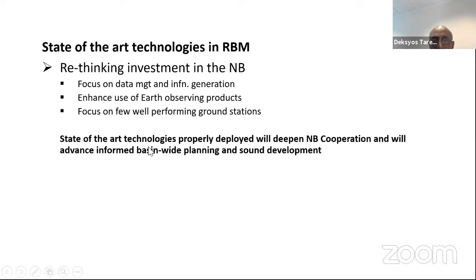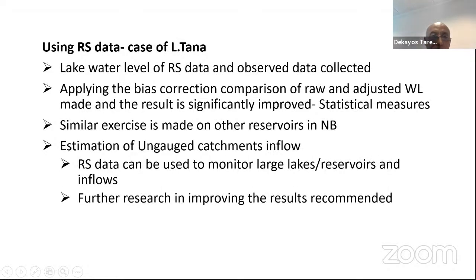And there is also a message: state-of-the-art technologies properly deployed will deepen Nile Basin cooperation and will advance informed basin-wide planning and sound development. And the other thing is, the application of this remote satellite-based data has also been presented for the case of Lake Tana. The application of this remote sensing data for estimation of lake water level and inflows of gauged catchments to the lakes has been presented. And it was a very good presentation, and it gives a good example of how we are going to use such